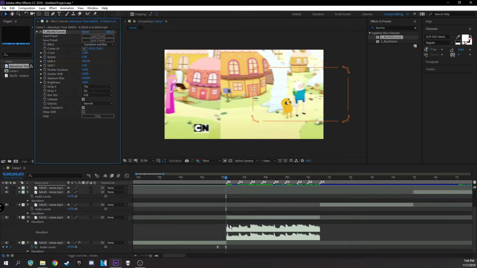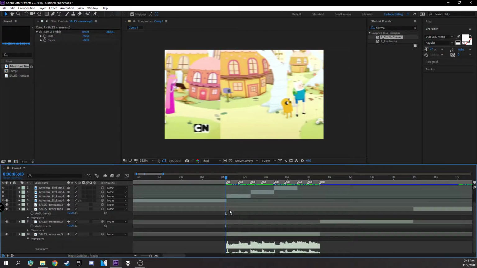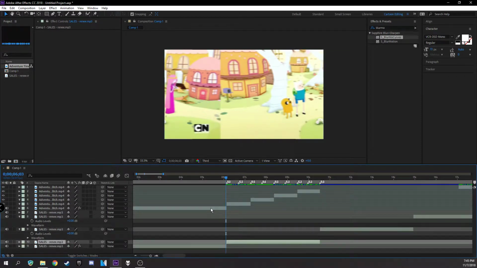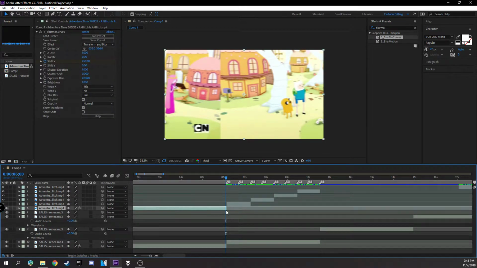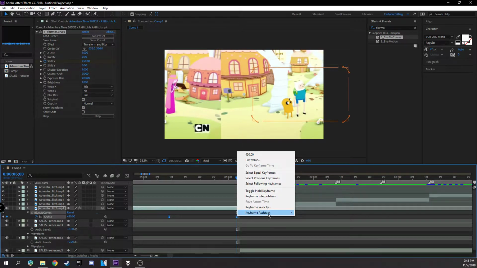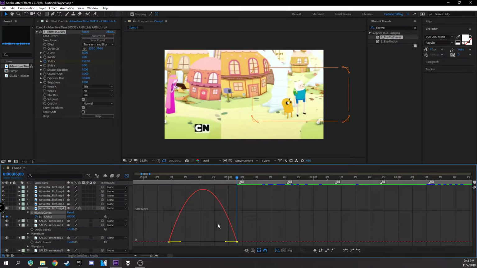So now that you have your two positions keyframed, don't worry about that. Also don't worry about that, it's going to confuse you. You're going to want to click on the clip that you have before, press U, and you have your keyframes right here. Highlight them like this, and then press F9 on your keyboard, or you can right click, Keyframe Assistant, Easy Ease. Then you're going to want to click on it, go to your graph editor,